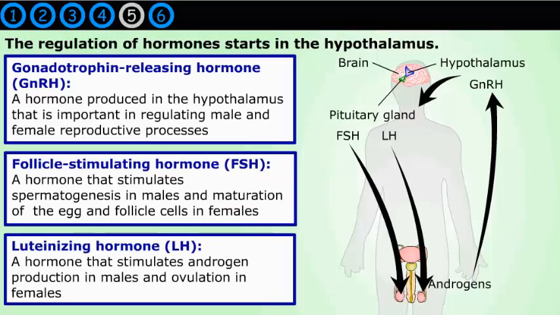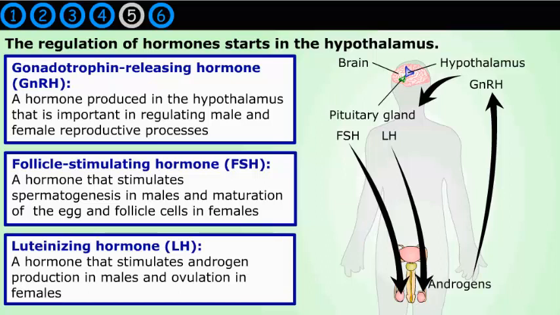The hormonal control of reproduction starts in the hypothalamus. The hypothalamus produces a substance called GnRH, or gonadotrophin-releasing hormone. GnRH stimulates the pituitary gland to produce two hormones called follicle-stimulating hormone, or FSH, and luteinizing hormone, or LH. The names of these hormones refer to their role in females, as we'll see later, but they are also important